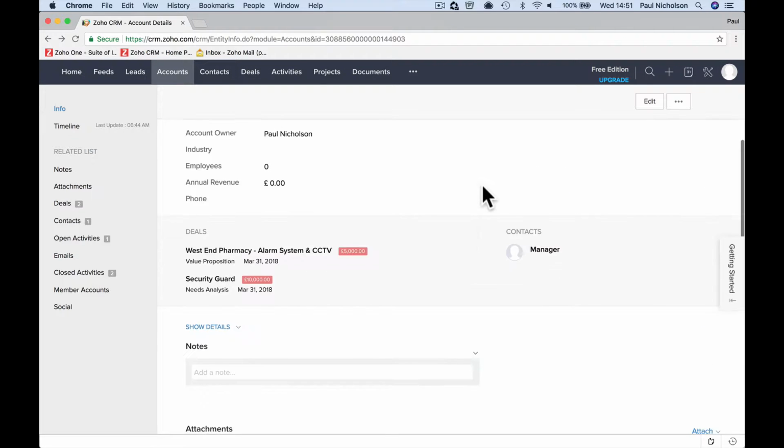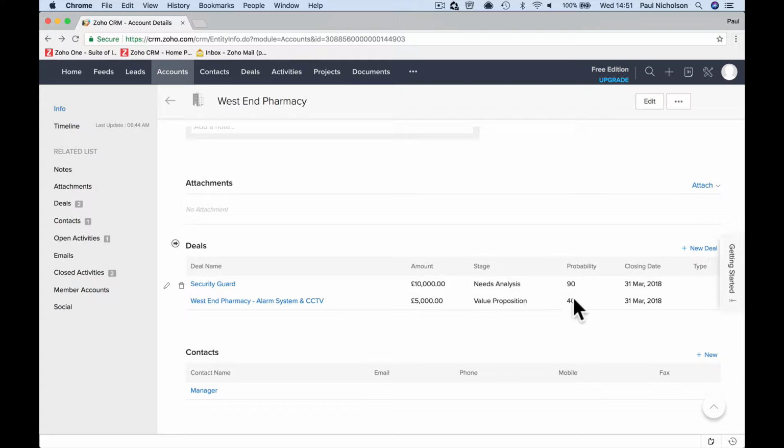And then when you look at your deals, you might want to go to the ones that have got high probability, right? So if for instance you looked at these 2 deals for this job and one's got a 90% probability, even though it's in need analysis, one's got 40%, you may want to focus more on the higher probability jobs. But you can see now, anyway, I'm on the accounts. I'll come back to deals and we'll talk about that in a minute. But